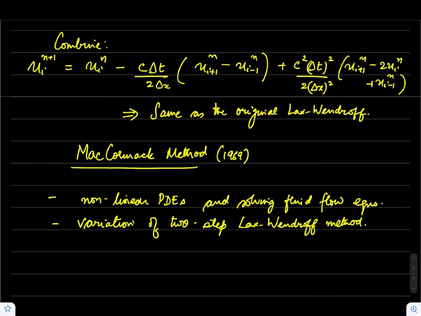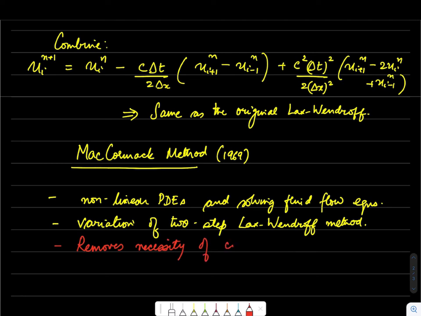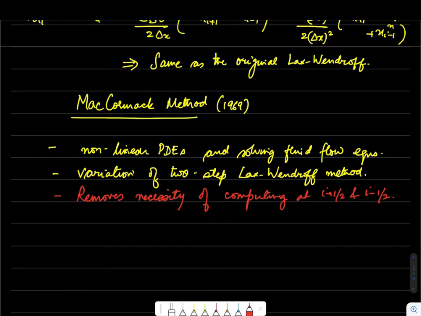But what it does is, it removes the necessity of computing unknowns at i plus half and i minus half. So we will compute only at integer values of grid points, or integer numbering of the grid points. So this is a two-step method. It has a predictor step,